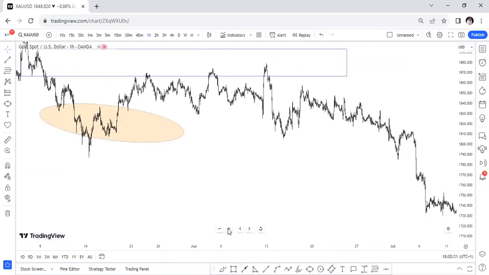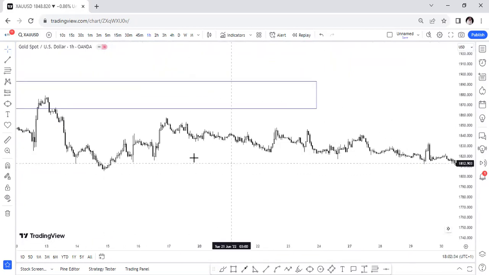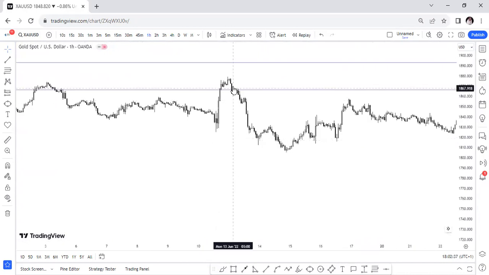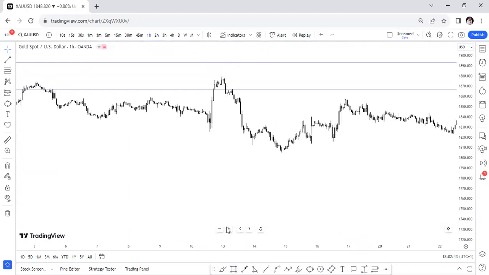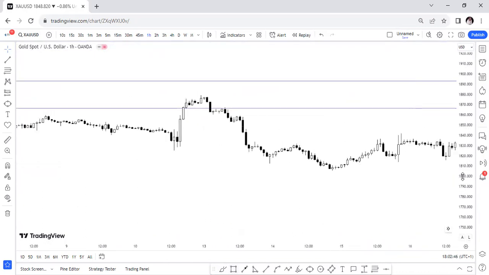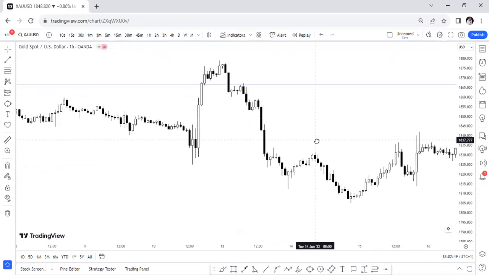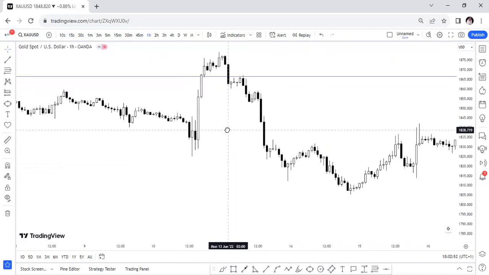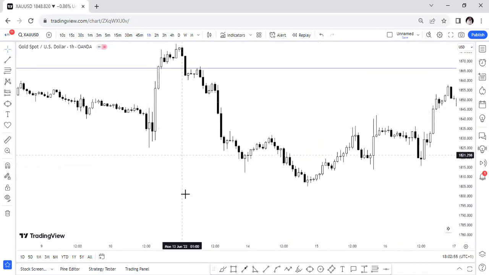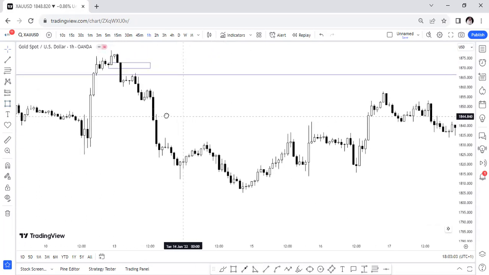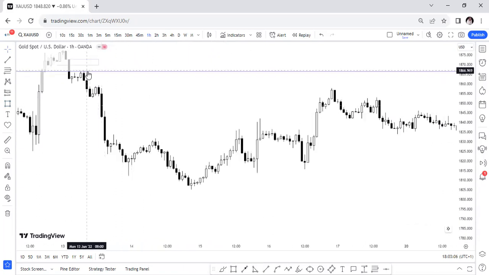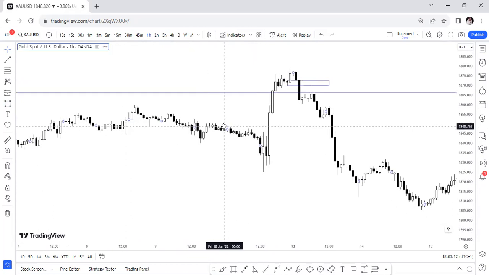Yeah, we got this. Can you see this? We got that, and that's a good one. Got this here. That's a good one. So the price does not come up to touch it, but you can still use your what?